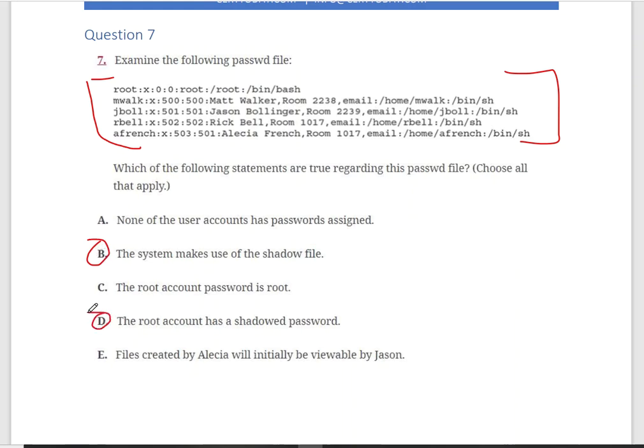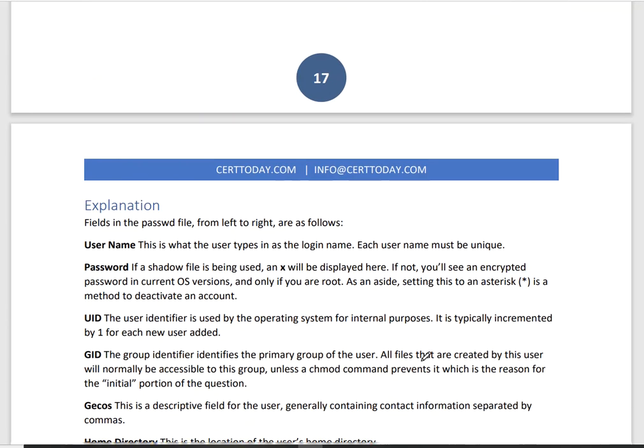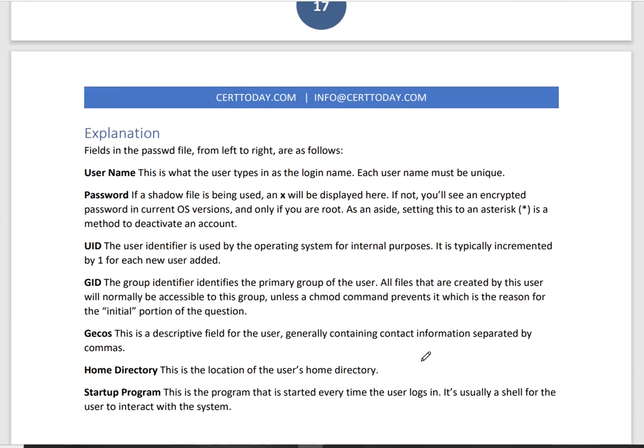D, the root account has a shadowed password. And E, files created by Alicia will initially be viewable by JSON. Fields in the